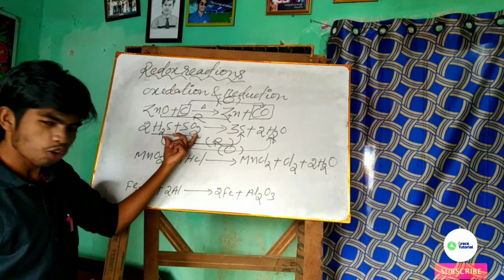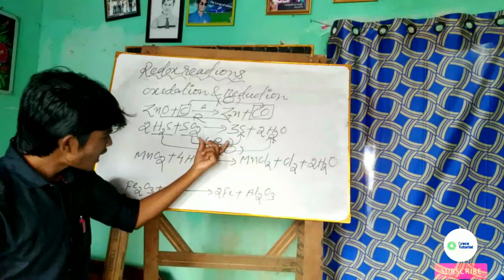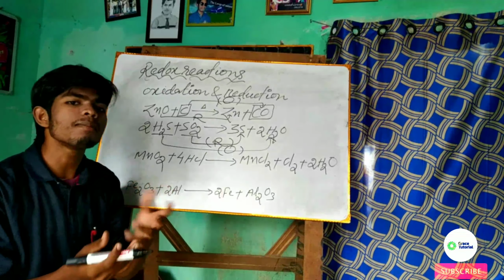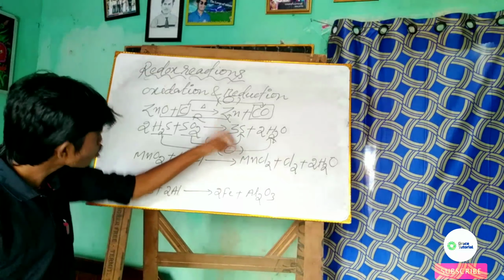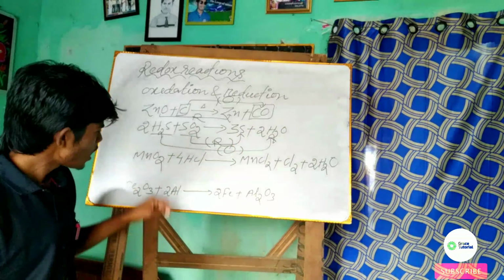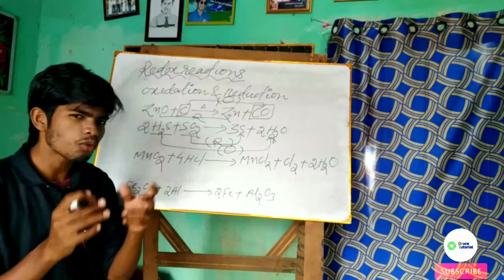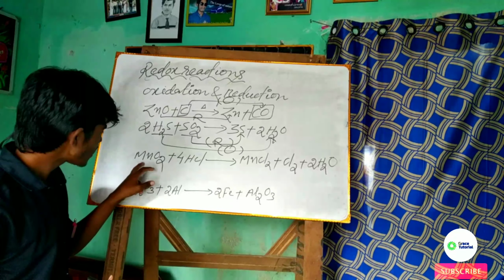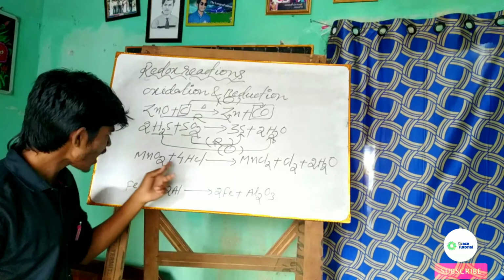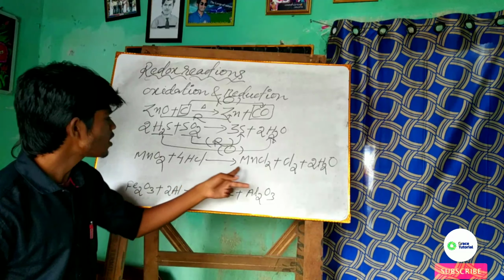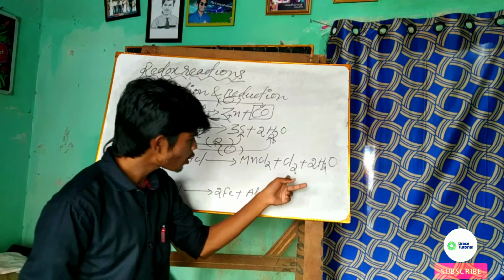So this is the reaction wherein both the reduction and oxidation have taken place. So this reaction also comes under the redox reaction. Let us discuss one more reaction to make you very clear. We have manganese dioxide, and when it reacts with hydrogen chloride, we get manganese chloride along with chlorine and 2